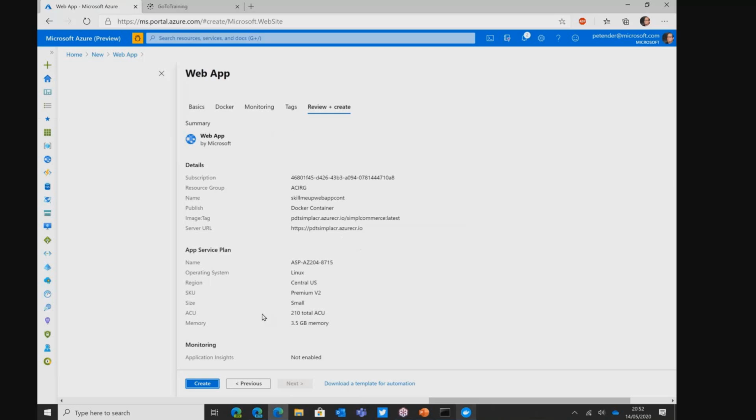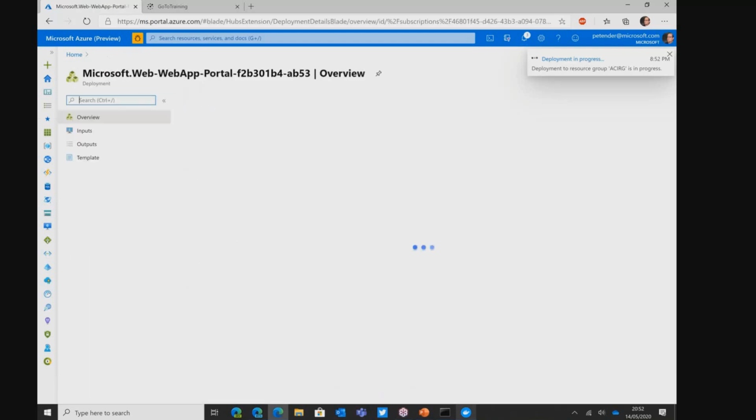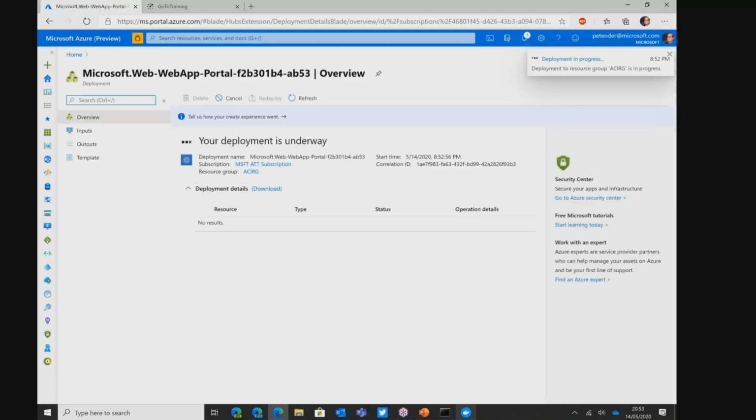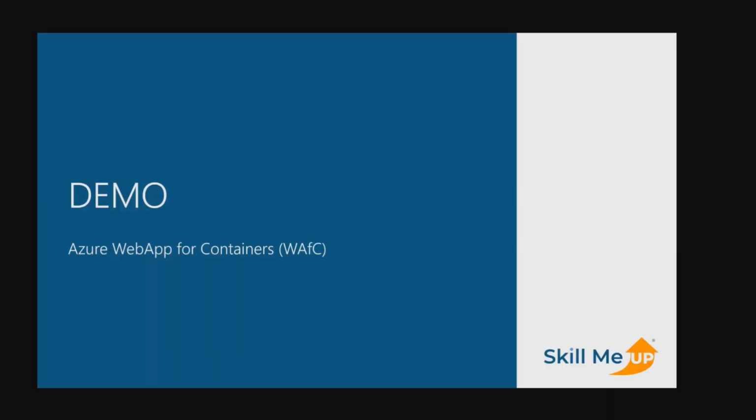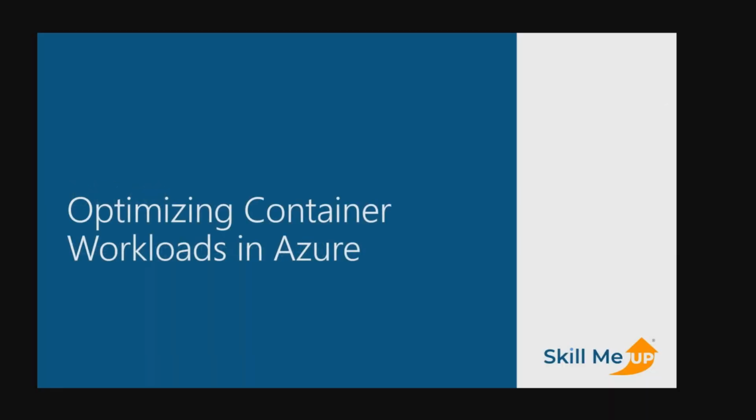Confirming all my settings, and it's deploying. Now this is going to take a bit longer because it first needs to create a web app service. After that, it's going to reach out to my container registry, copying the container image, and eventually running it. So it's still not taking super long, but at least a bit longer than just spinning up the container instance. So I'll keep this running, and that allows me to move on to the last part, and that's really